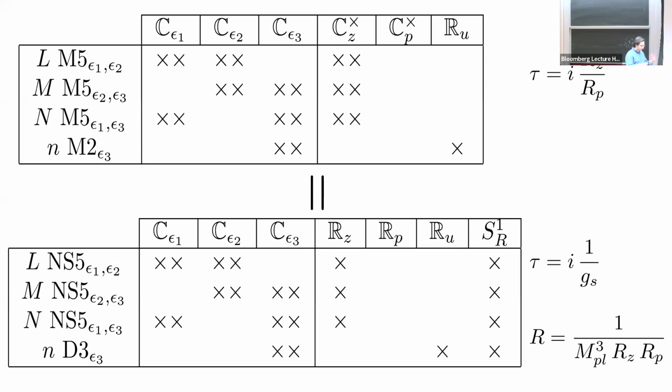The complex structure of my torus is mapped to the coupling. I have no theta term, no axion in this story, so just a rectangular torus. It's the coupling of type 2B. So I've mapped this configuration of M5s and M2s to configurations of NS5s and D3s. So now what you can do